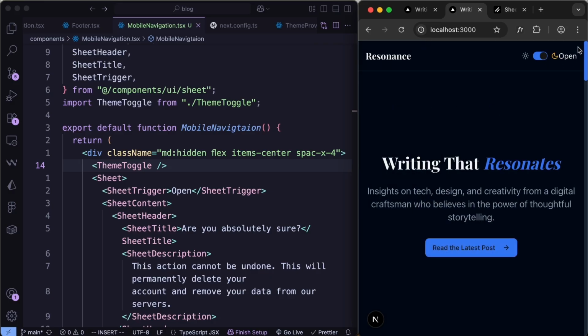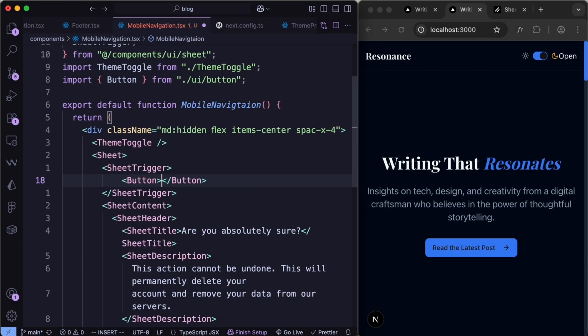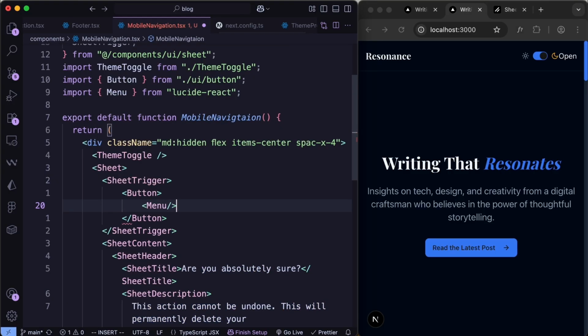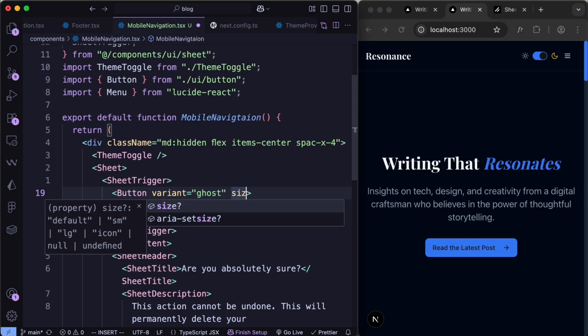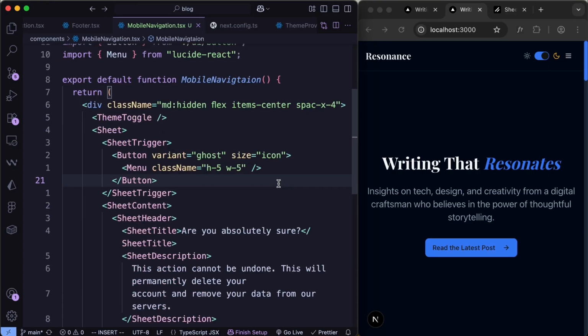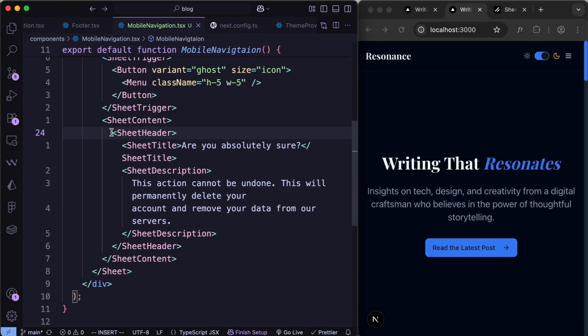So now let's go ahead and add an icon over here instead of this open text. So here inside the sheet, this is the sheet trigger, and here I'll just go ahead and type Button, and in that I'll just type Menu, and we need to import Menu from Lucide React. So this is the icon, and for the button, let's go ahead and type variant, and let's set it to ghost, and let's set the size of the button to icon. And for the menu, let's type className h-5 and w-5, and after that we have the sheet content, and then we also have the sheet header, and we don't need the sheet header, so I'll just delete